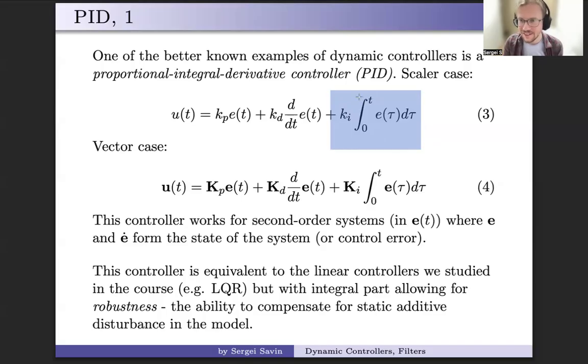So PID, let me give you a simple example. Imagine your controller is trying to lift your end effector upwards, but we placed, I don't know, something on